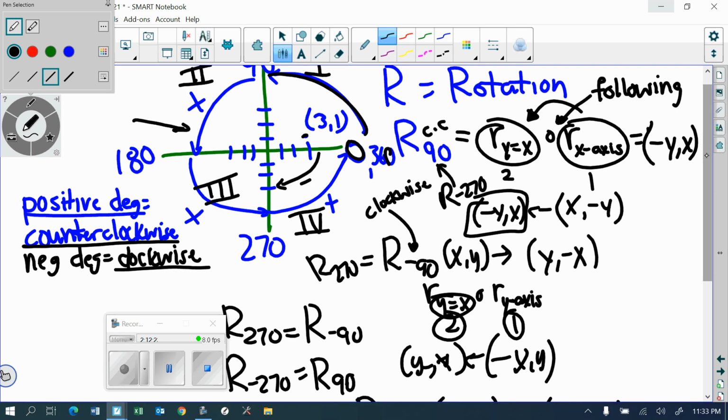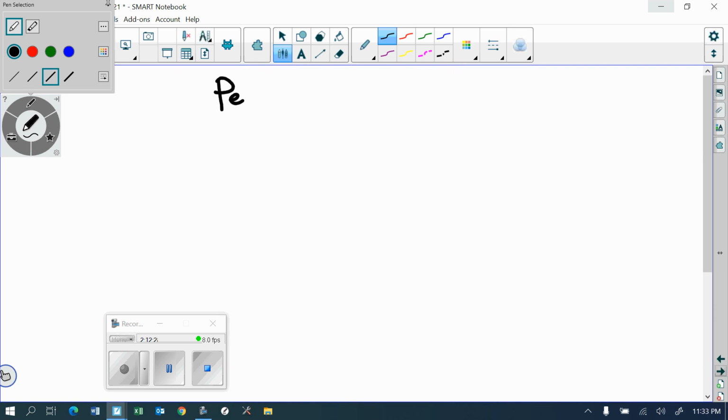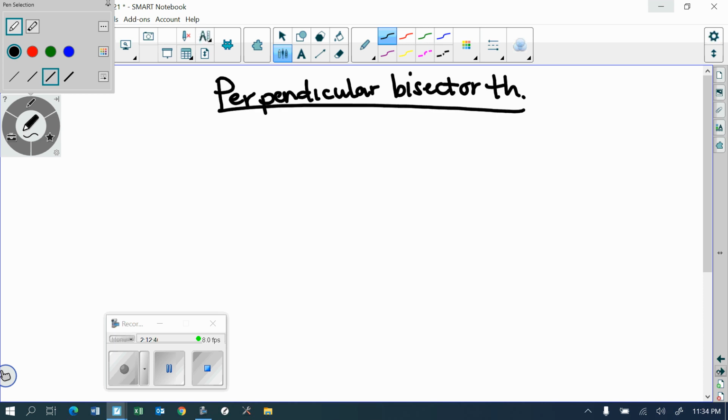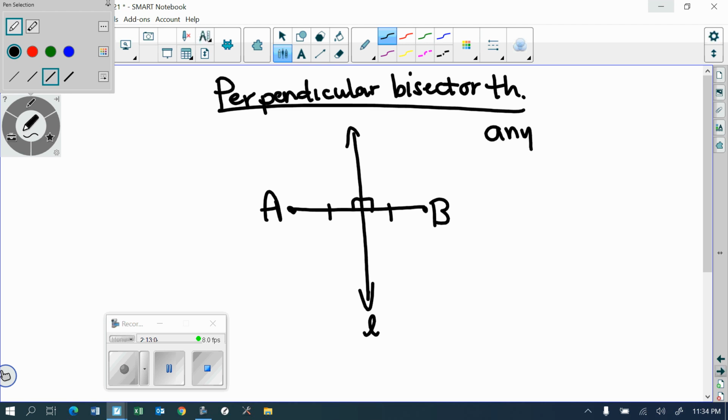Okay. All right. Perpendicular bisector theorem. If I have a segment, this is real quick, and I either construct or just have the perpendicular bisector given to me. Remember, perpendicular bisector means it splits in half. This is my perpendicular bisector line L, for example. That means the perpendicular bisector theorem says any point on the perpendicular bisector